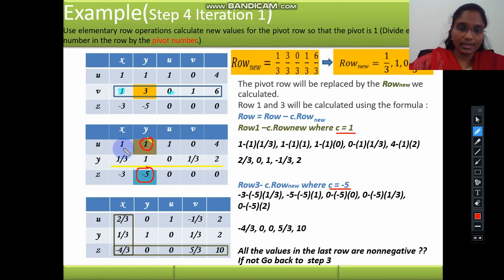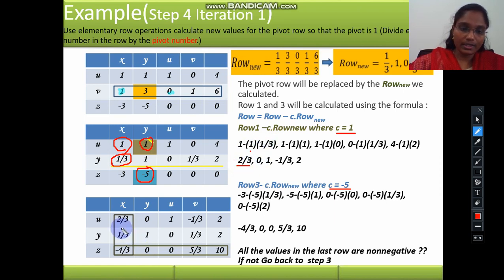So you can see here this value has to be updated now. 1 minus the C value, 1, times the new row value. The new row value we have updated here for the pivot row is 1 by 3. So 1 minus 1 times 1 by 3 gives you the value 2 by 3.